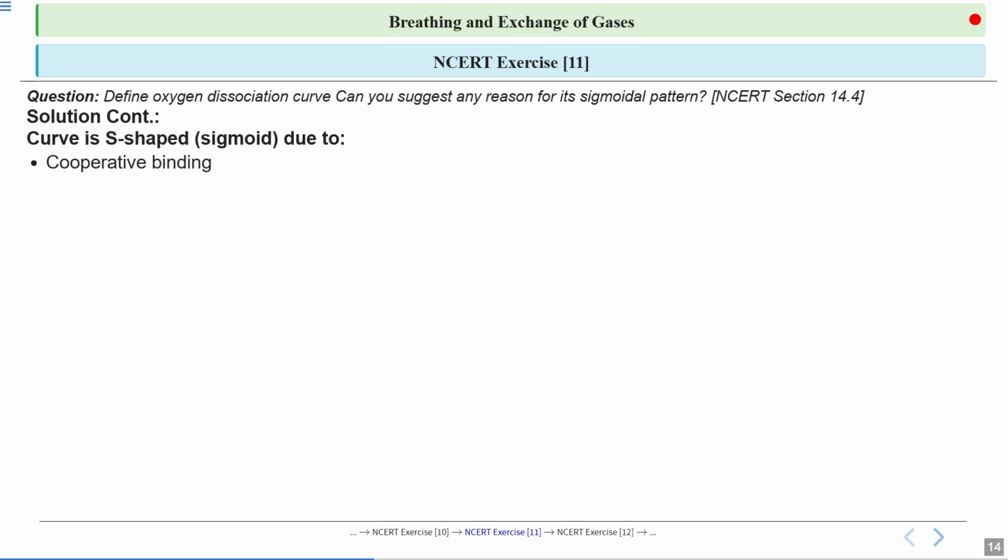Oxygen gets dissociated from hemoglobin. Where? At which level? Tissues. Absolutely. At the tissue level, the dissociation is occurring, right? So the first oxygen molecule increases the affinity for the next molecule.